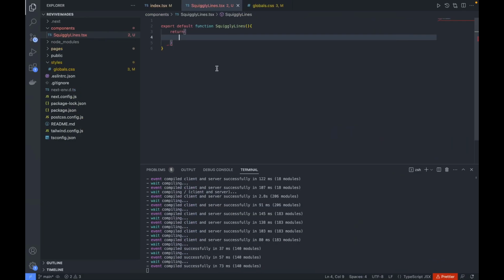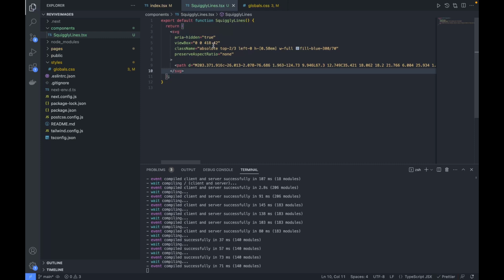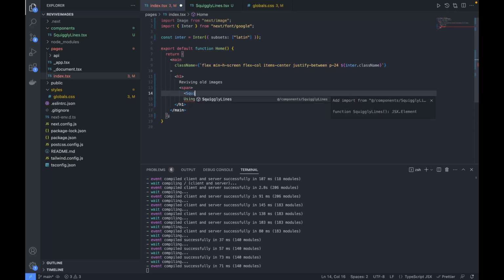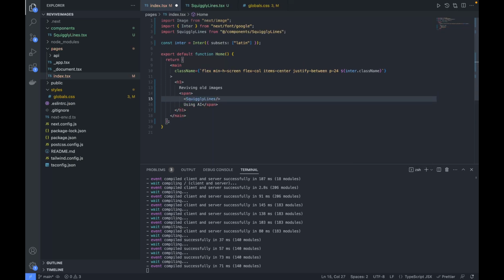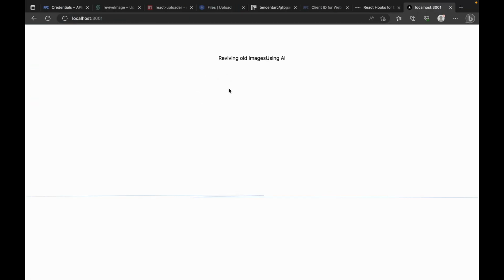Okay, so going to our code base, I'm going to use this. Okay, fine. So now going to our index page, here we'll try to use that component. So here, just before using AI text, I will use this squiggly lines component. Okay, and if you now check the output,